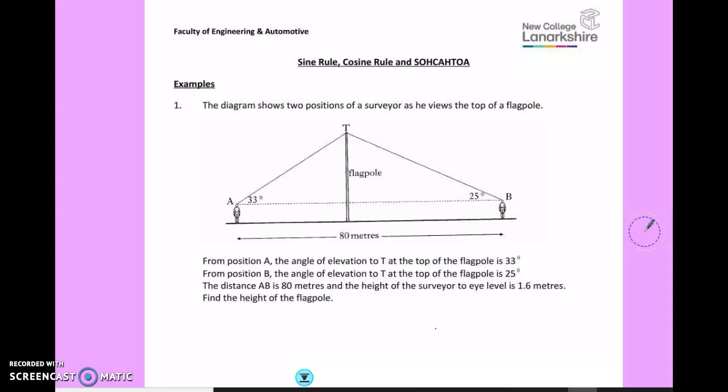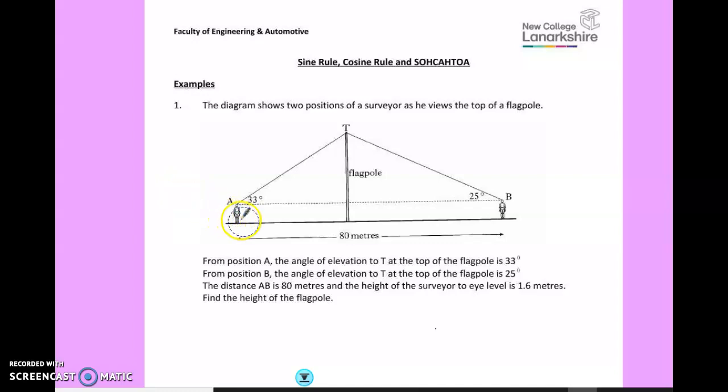You get some problems where you need to use more than one rule, probably the sine rule and then SOHCAHTOA. Or if you don't remember SOHCAHTOA, don't worry about it. There's no point learning something new just for one question. We can just do the sine rule twice. Okay, so if we have a look at the first one here,